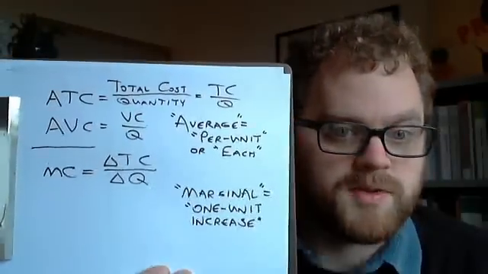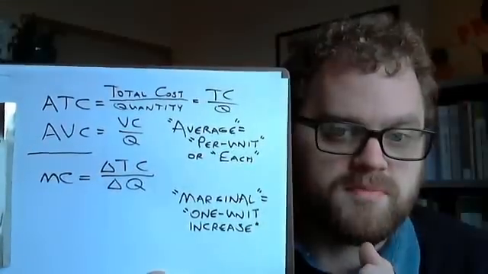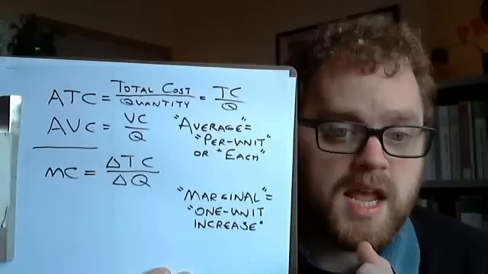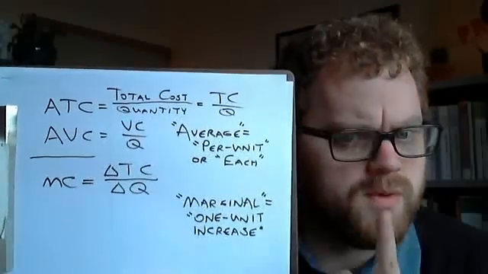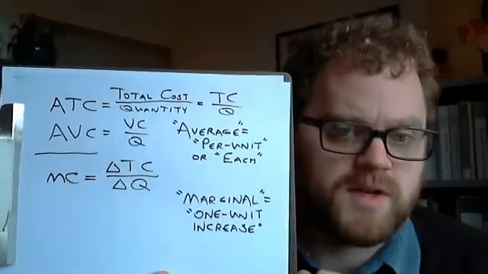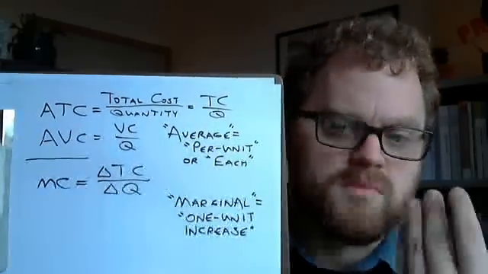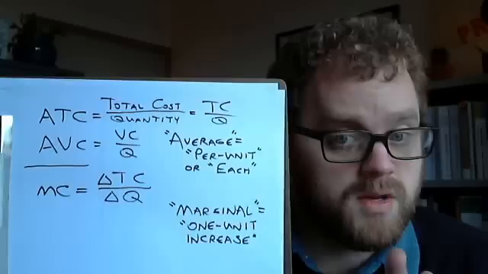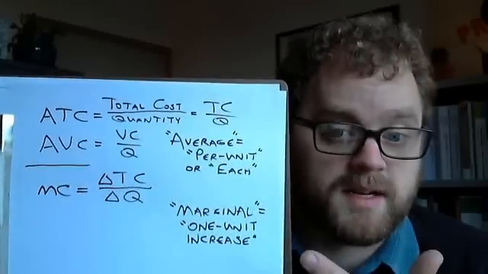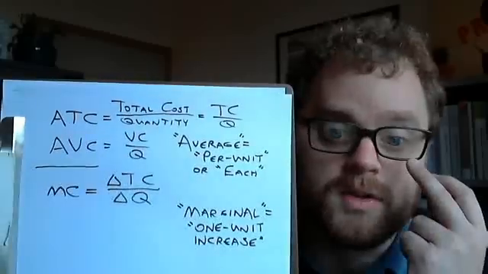So suppose my total cost is $100 an hour, and then in order to produce one more unit, my total costs have to go up to $120 per hour. We would say the marginal cost of that extra unit is the $20,